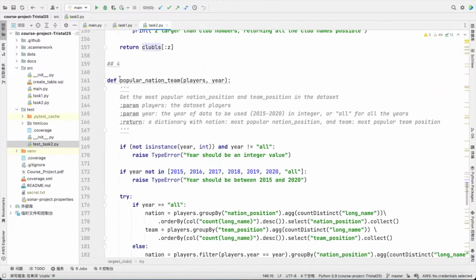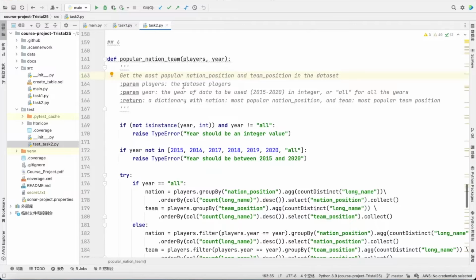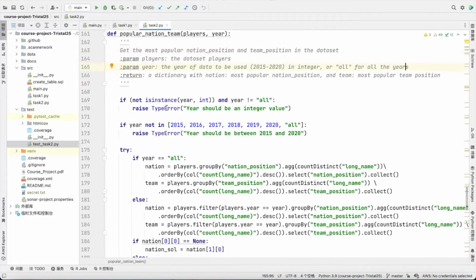So the fourth function is the popular nation team. We want to get the most popular nation position and team position in the data set. Here we have the parameters, player and year, the year of data that should be used, in integer or for all the years. The return value is set to be a dictionary with nation, the most popular nation position, and team's most